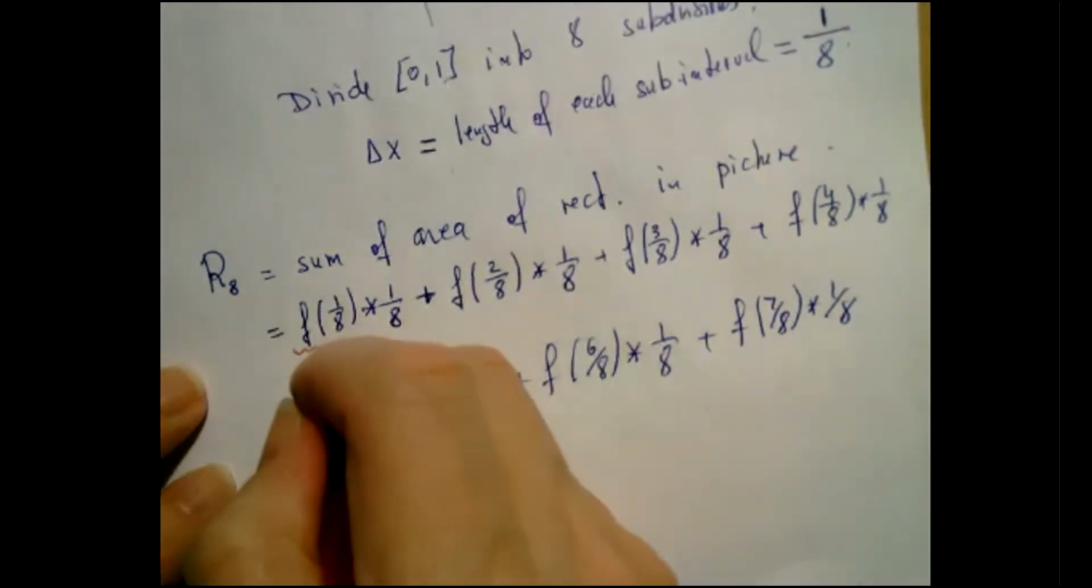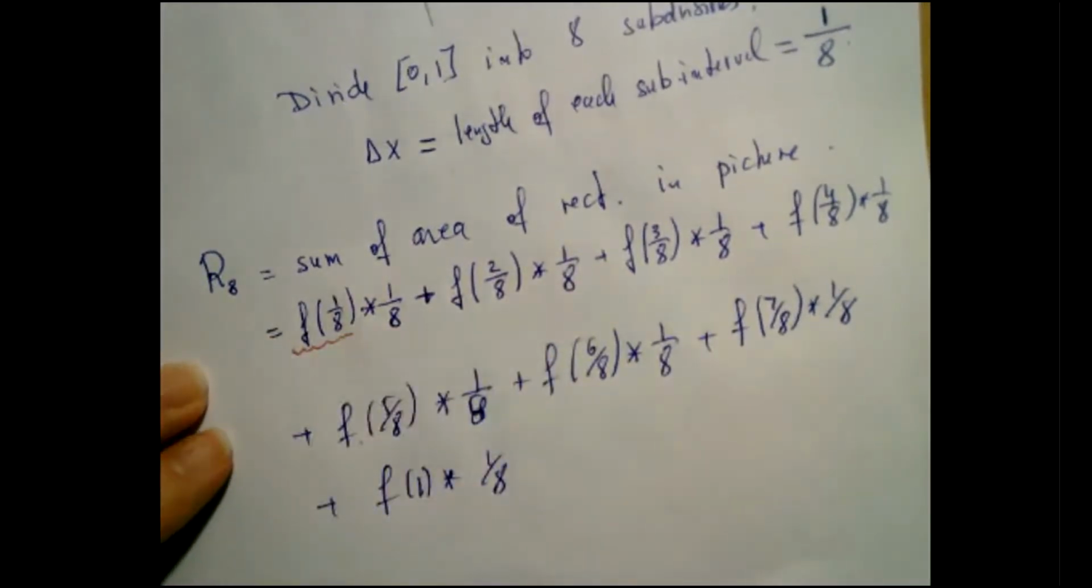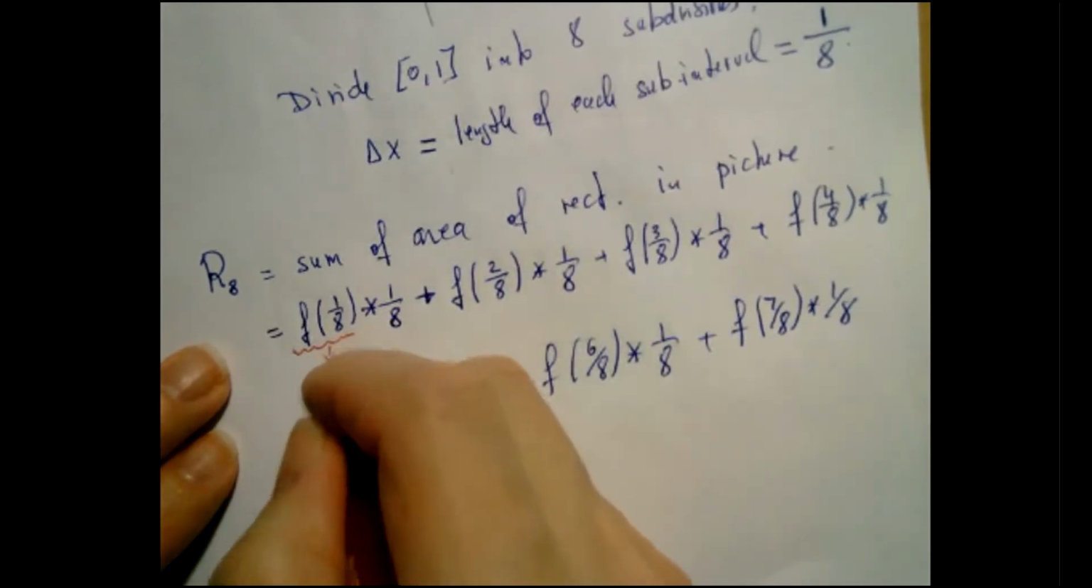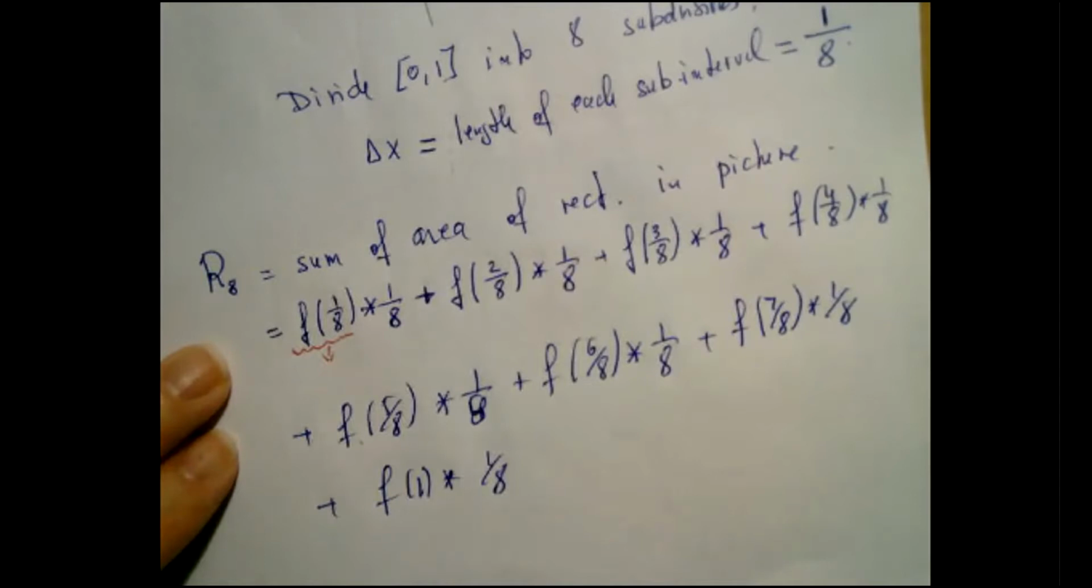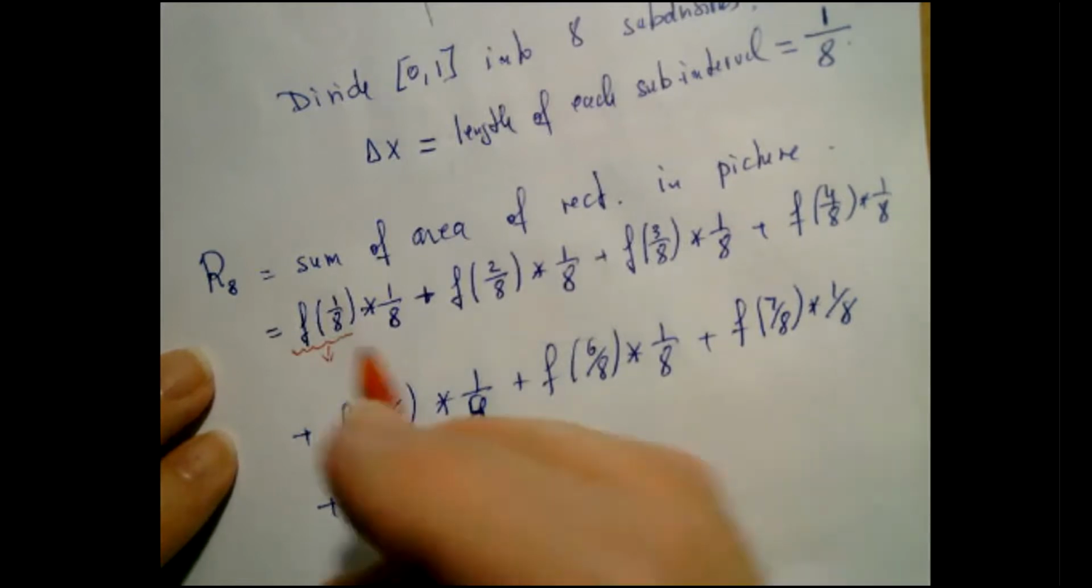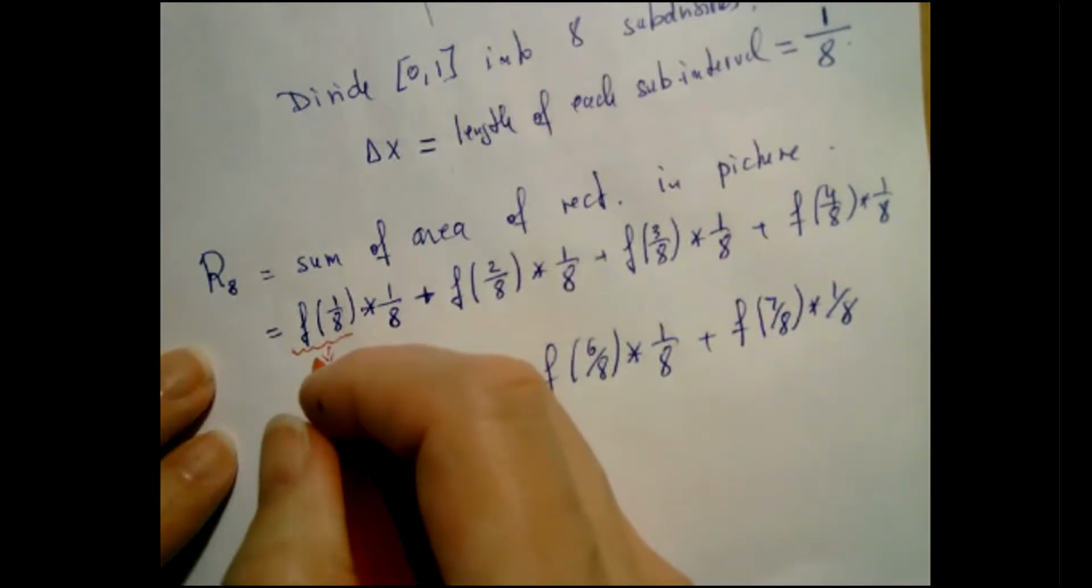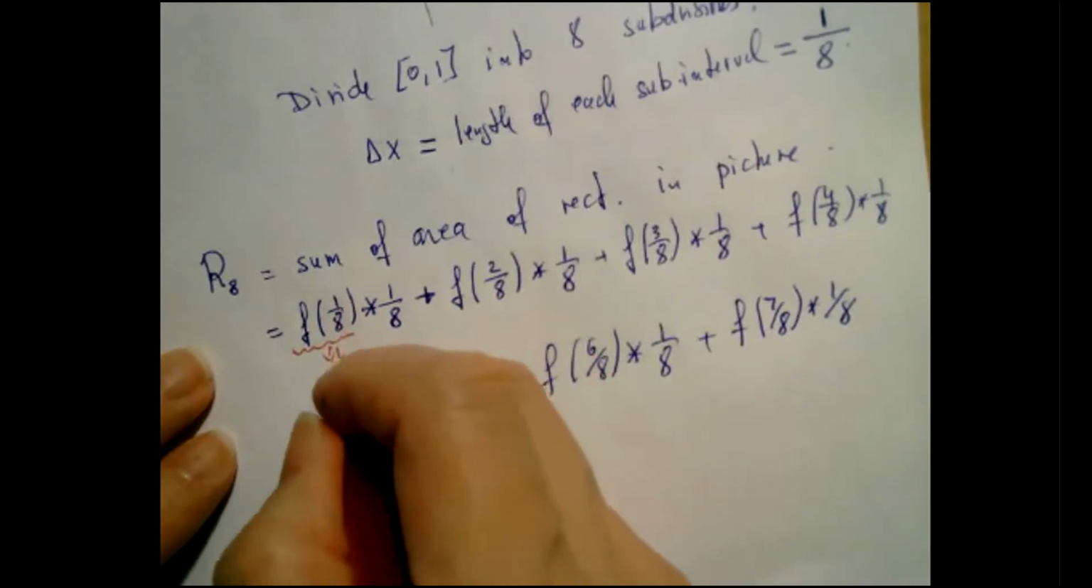What's f at 1 over 8? Do we know the value here? Quickly. F of 1 over 8 is what? Quickly, I want the answer. I'm working with the same function, which is f(x) equal x squared. So what's f at 1 over 8? 1 over 64. Right, it's 1 over 8